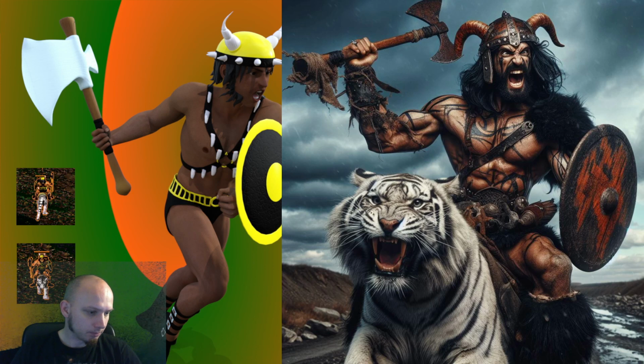For the Chaos Raiders, the horse riding barbarians, it was: Barbaric man, shirtless, black hair, wearing dirty brown loincloth with black belt, wearing a bronze helmet, wielding a battered war axe and a warped brown wooden shield, riding a tan horse. In this case, it's riding a tiger, but this is a different image. Frenzied expression, standing on a rocky, flat, rugged landscape.